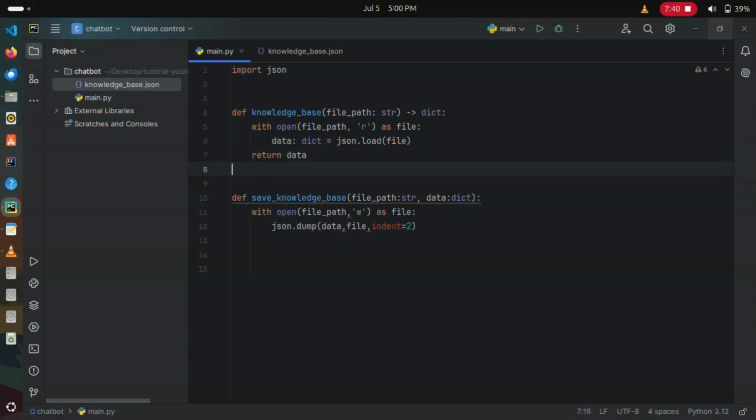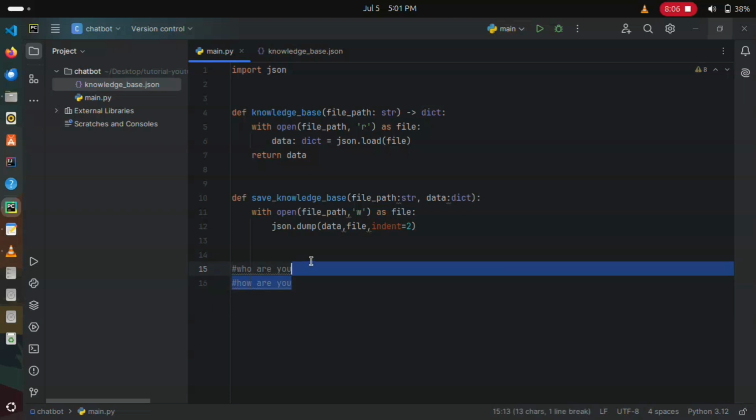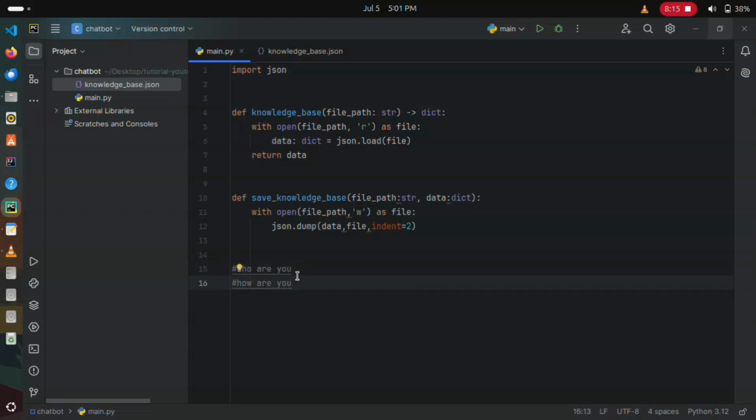So supposedly we search something like how are you today, and maybe somebody asks who are you, and another person asks the chatbot how are you. So we need to find the best match for whatever he asks. These two look the same, who and you are the same. So we need to know which one between these two is the best match for the question the user asked. So we're going to create another function, call it find